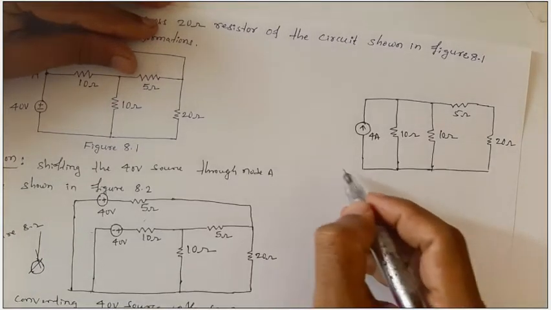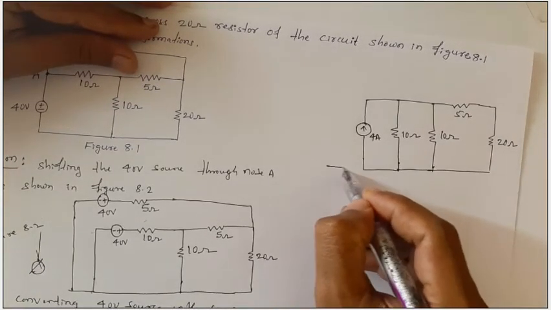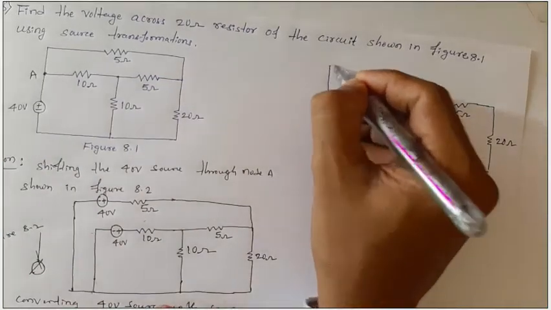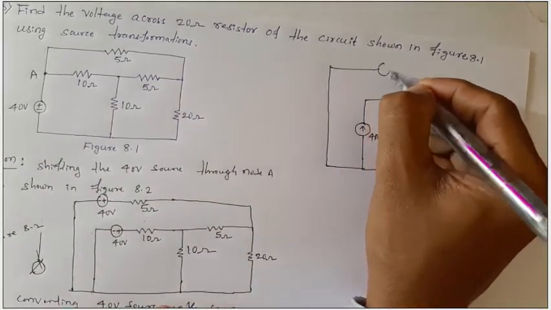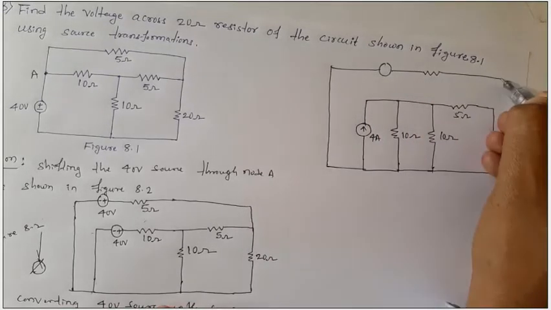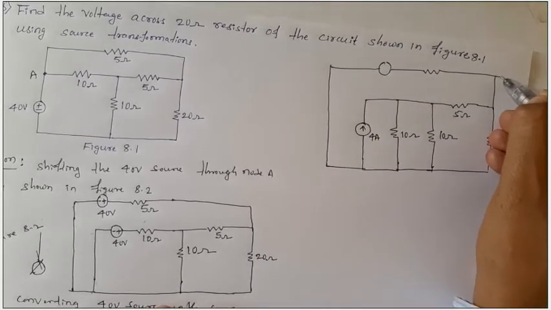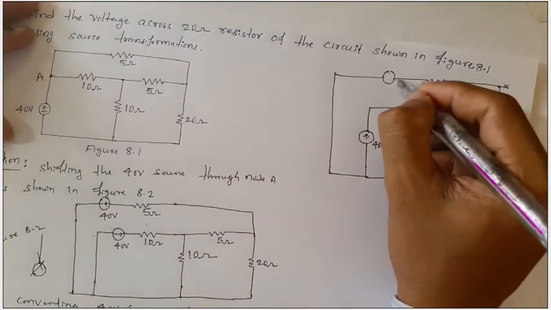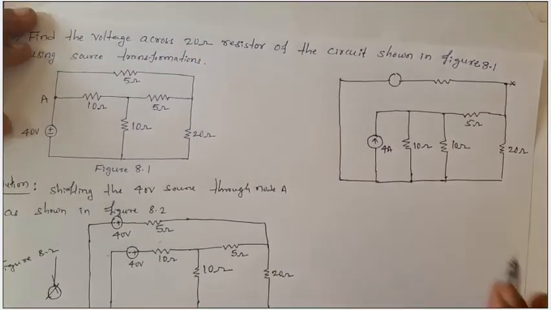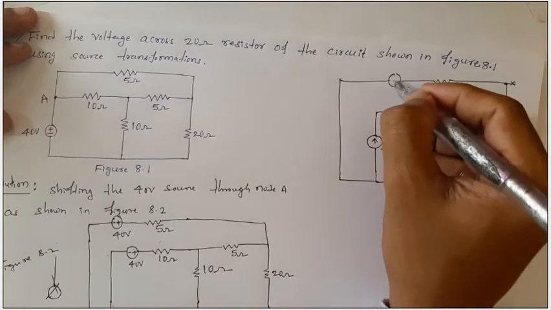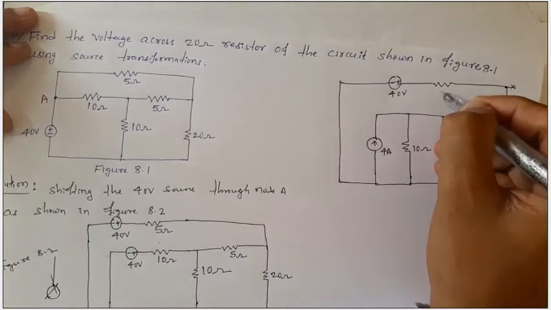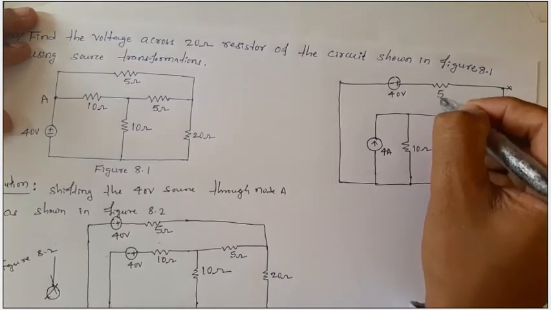Now the remaining part I will draw as it is. I don't convert it as of now, later we will see it. Here we have a voltage source and a series resistance. Up to this point only, it is not there. Here the value of this voltage source is 40 volts, with a sign minus and plus, and this one is 5 ohm.